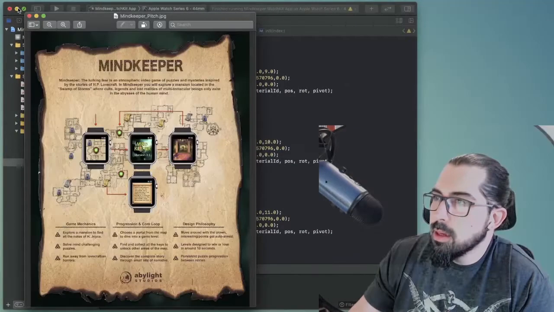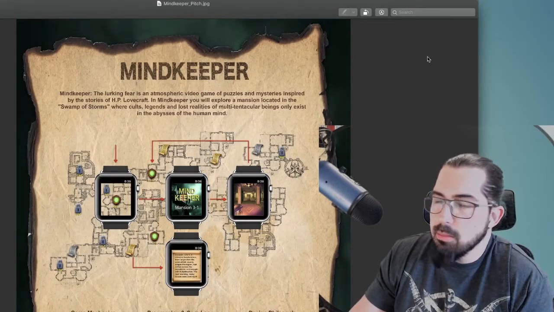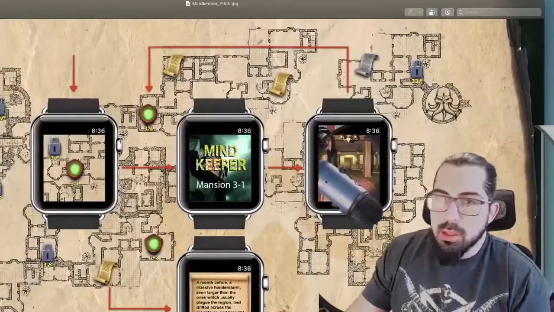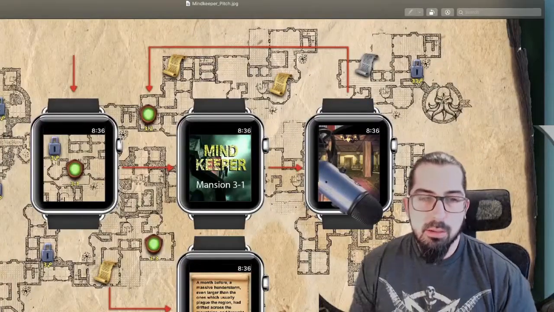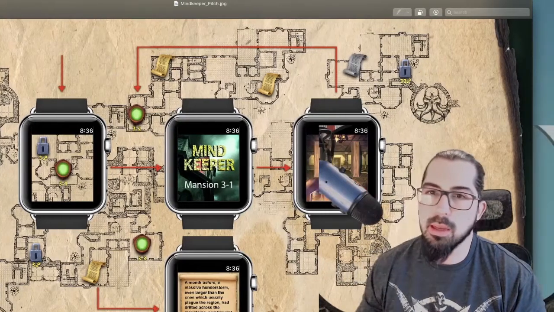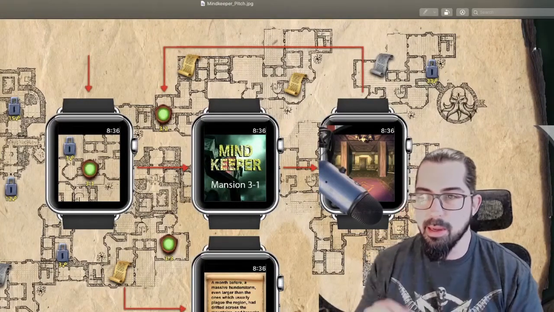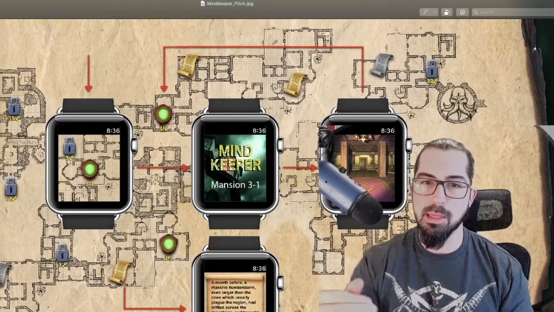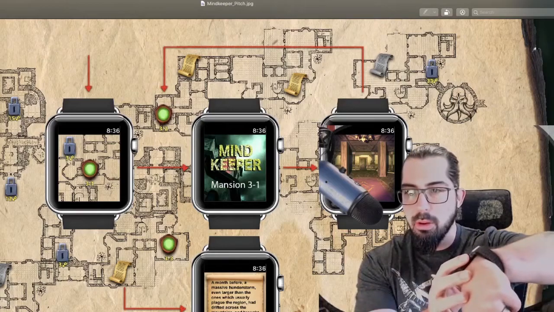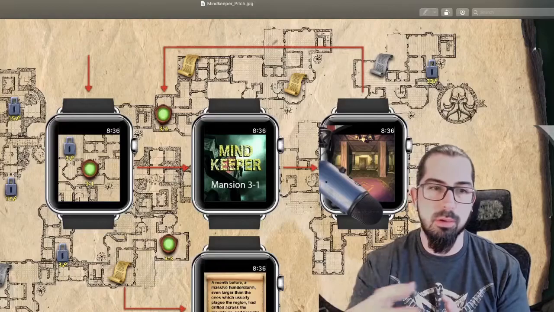So now I'm going to explain to you the design of the game and why we decided to do a game like this. The game is like a dungeon crawler. We started the development thinking that we were going to do a dungeon crawler, where you move step by step from tile to tile, using the crown of the watch as a way to turn the view of the